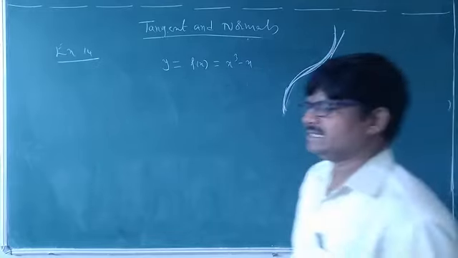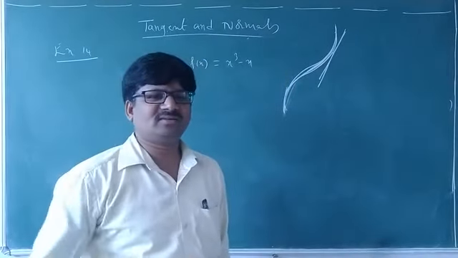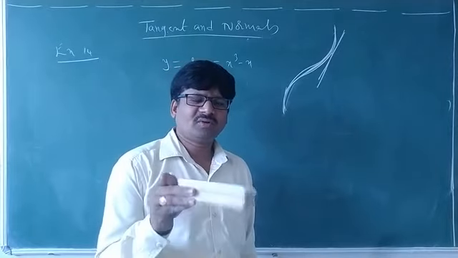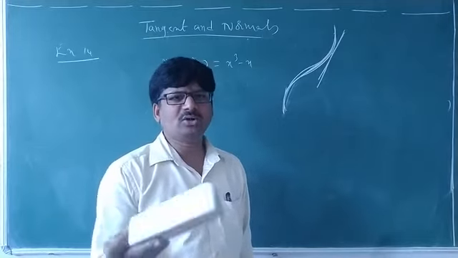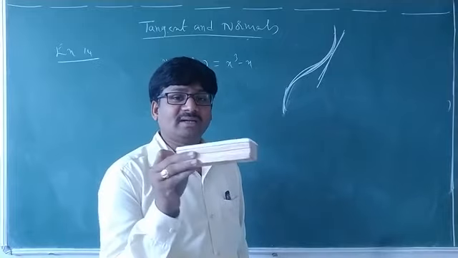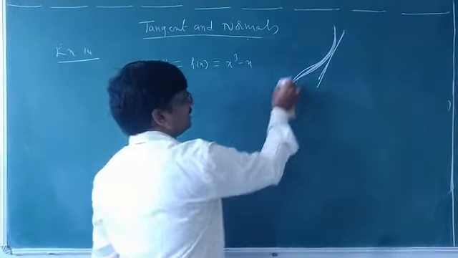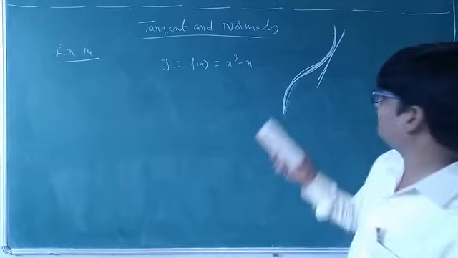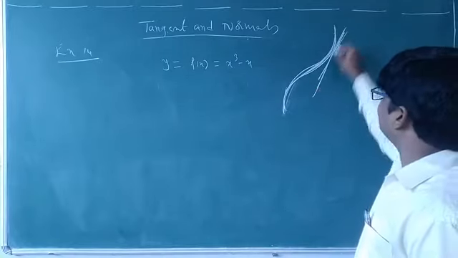So he is not asking the slope of the curve. You never find the slope of a curve; for a curve there is no slope. A tangent is compulsorily a straight line. Slope of tangent of curve. Suppose the curve is like this. He is asking to find the slope of the tangent of this curve.